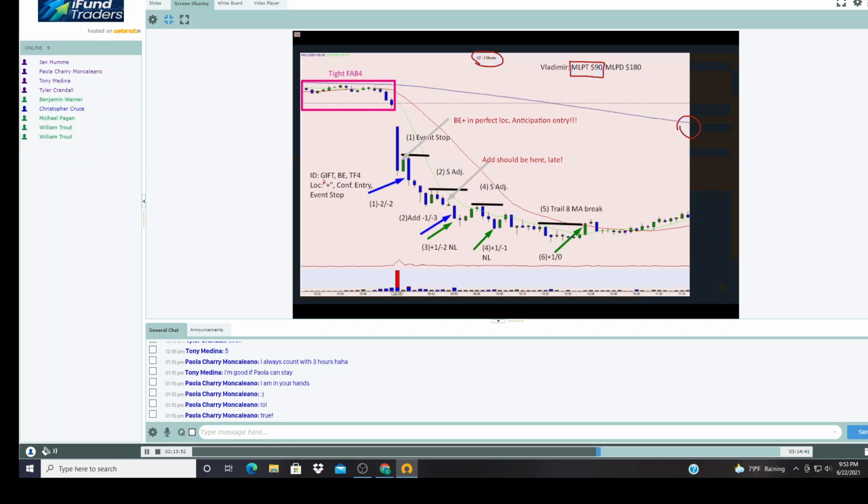Identification, gift. Yeah, well, there is a gift. Okay, I see that, but of course we want to see an event. But you mentioned the event is a bear elephant bar. Okay, how big is this bar, Vladimir? Is it a bear elephant bar or is it a bear elephant bar plus? What do you think? What would you say? Bear elephant bar or bear elephant bar plus? Yes, I think it's definitely plus.